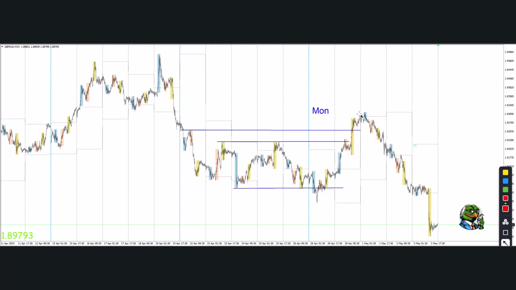Okay, so now we're at the high of the week. So again, I'm interested in this market. Is this market going to reverse from that previous weekly high? And we can obviously see that it did. Okay, and typically those reversals will come on a Wednesday because Wednesday is kind of the third day. Okay, so this here is Tuesday, right, where it's taken that high of the week,